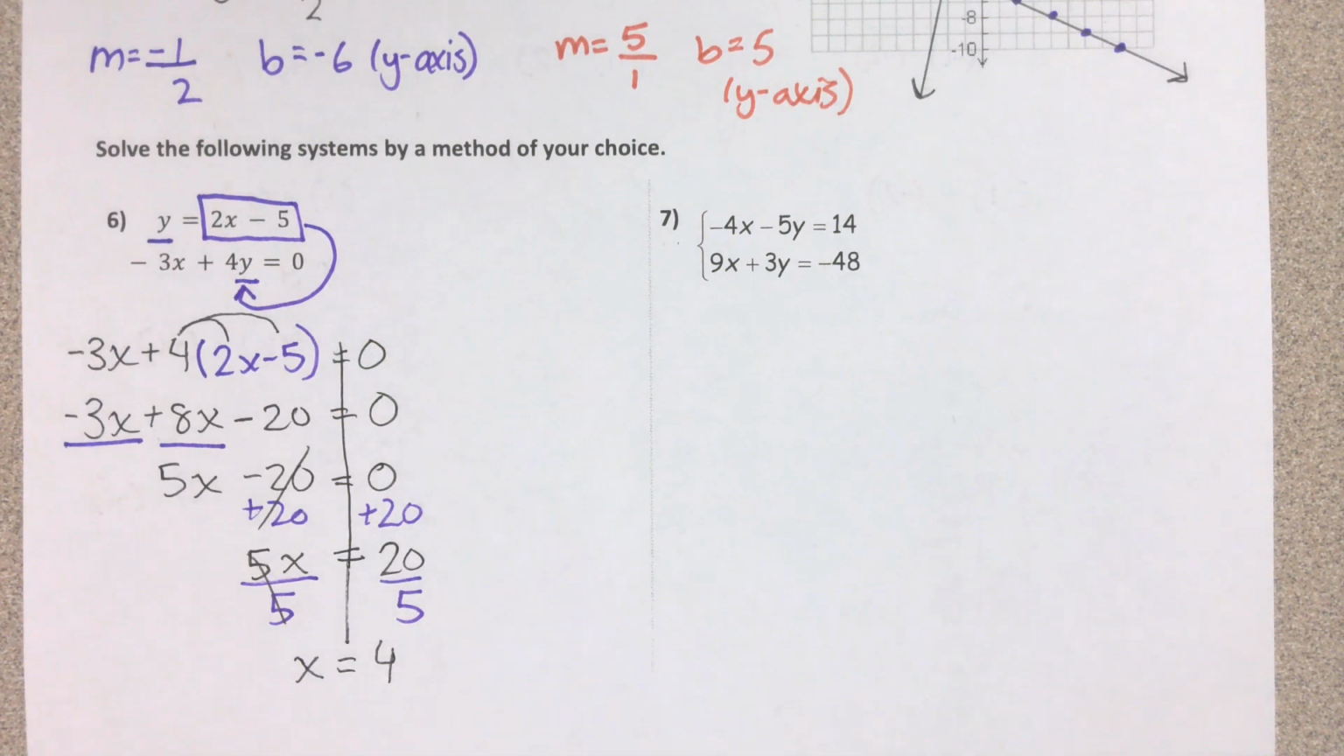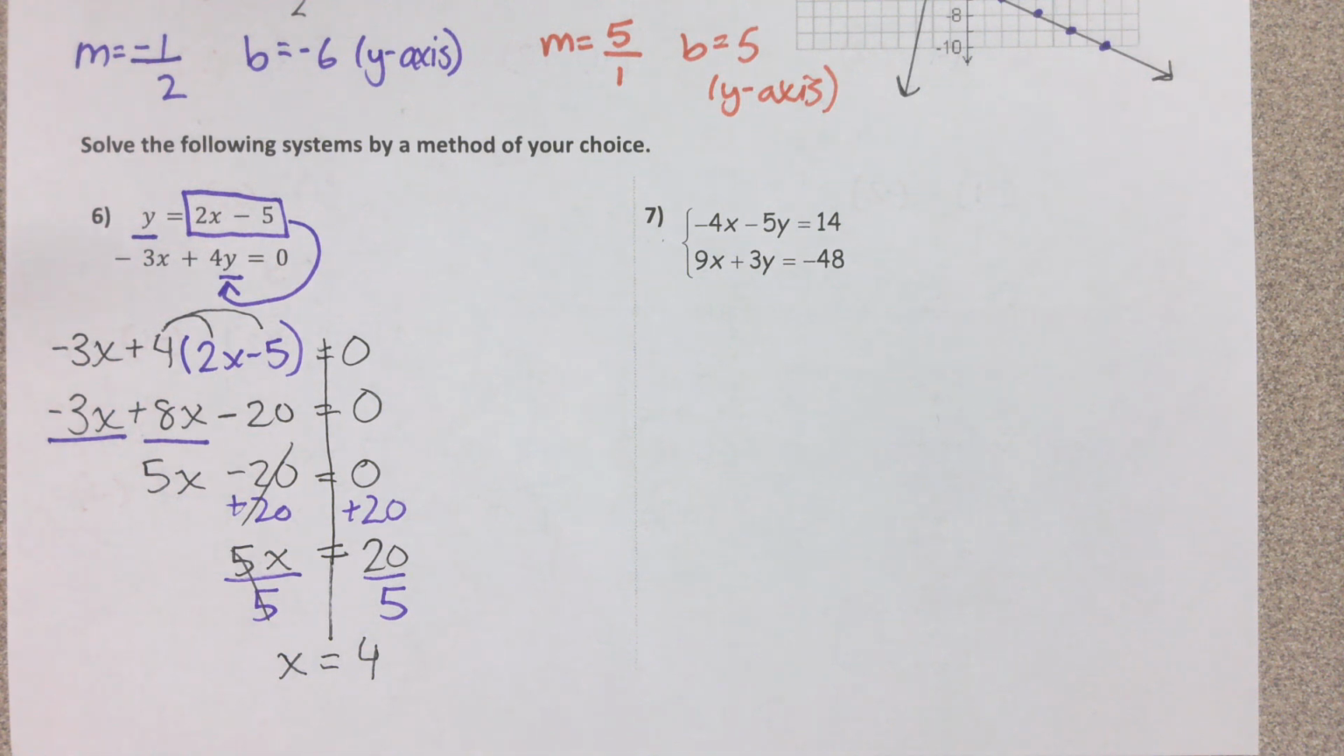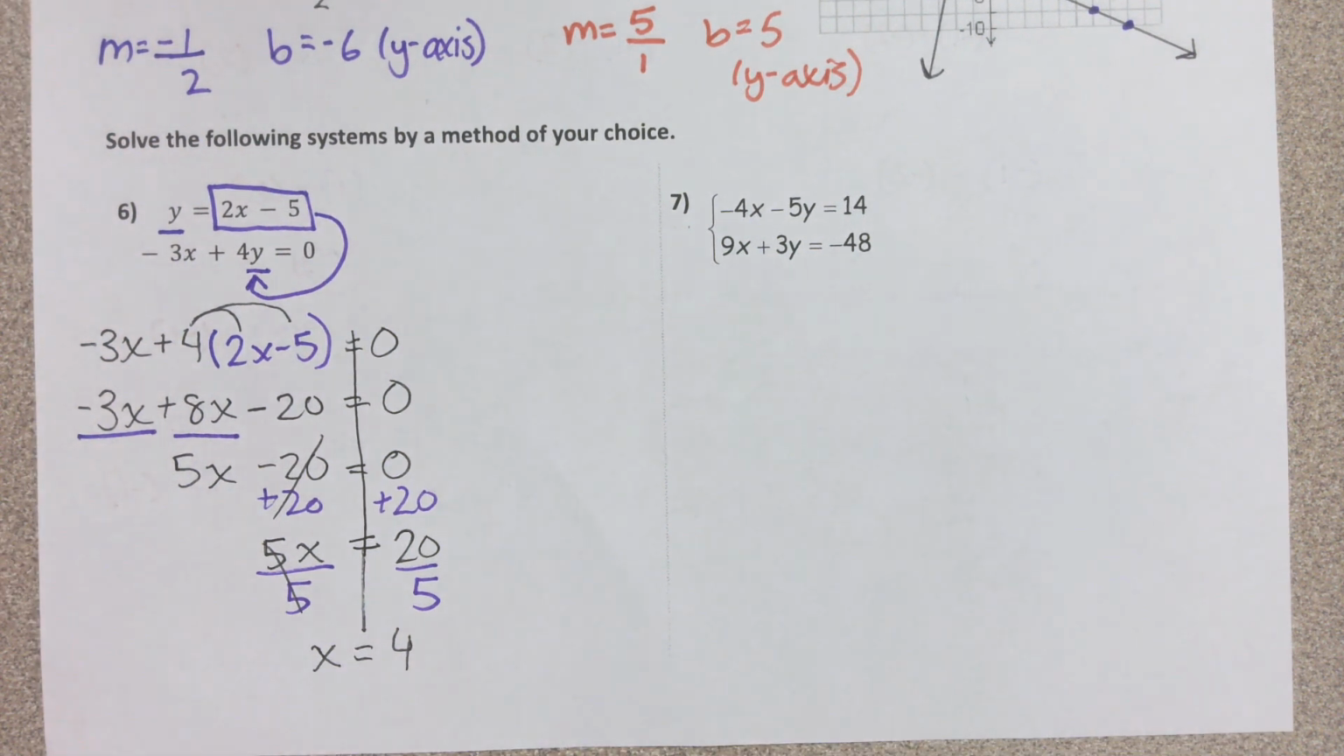X equals 4. I'm almost done. Once you find your first letter, you pick an equation, plug it in for that letter, and solve for what you're missing. So in this case, I have x, I need to find y. In substitution problems, it's pretty much guaranteed that the other equation you want to use is going to be the